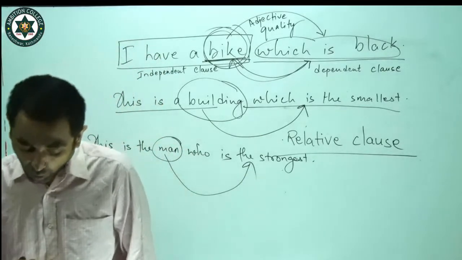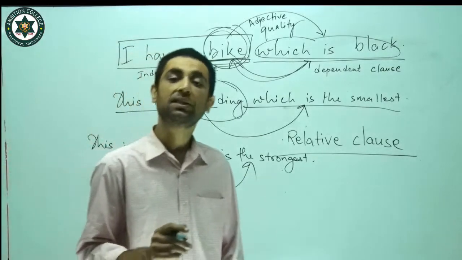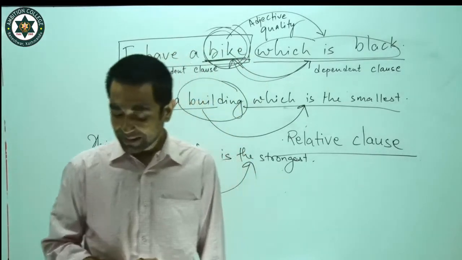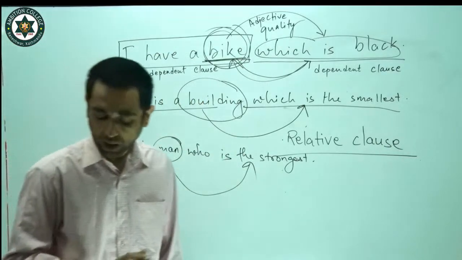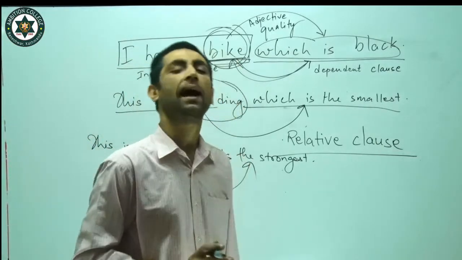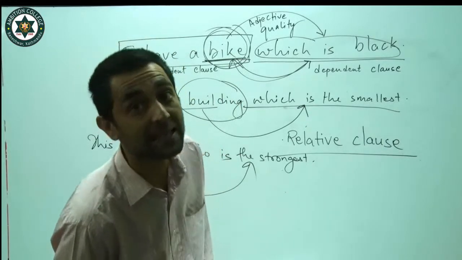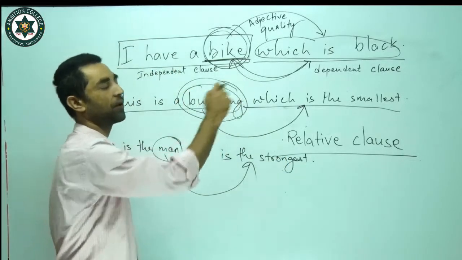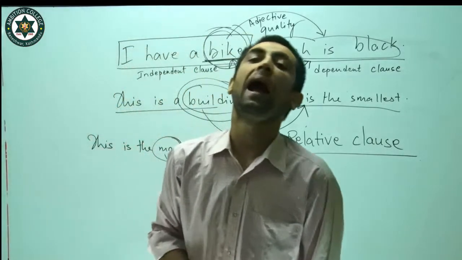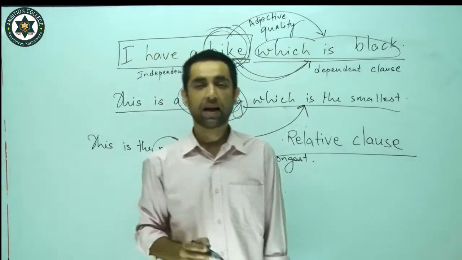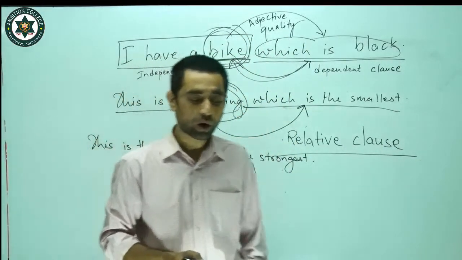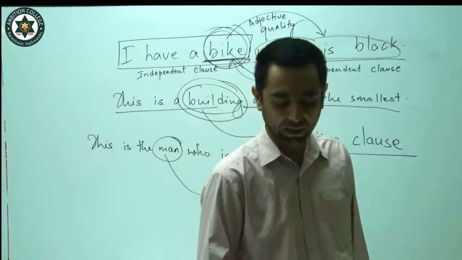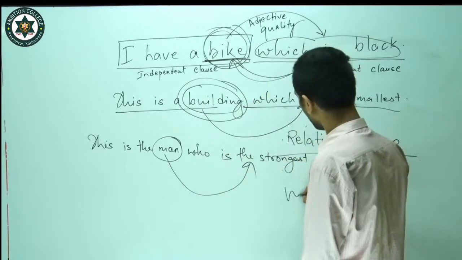So a relative clause is a clause that is used to describe the noun. This relative clause basically has the function of an adjective. It is used to describe the noun, and it has the function basically of the adjective. Now, this relative clause always starts with the relative pronouns like who,